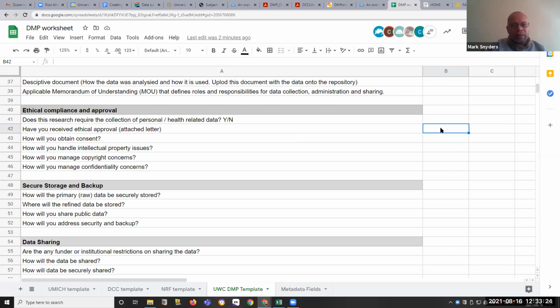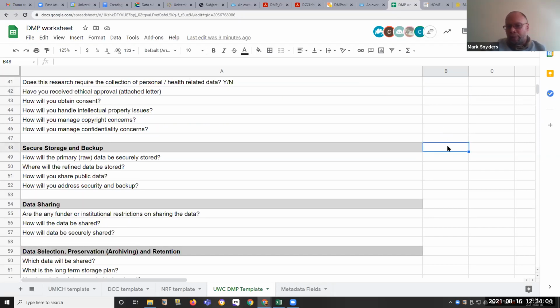Please bear in mind also that because I've created this document, as we move towards clarifying the best way to deal with the POPIA Act, in terms of how the university looks at and manages research data or recommends management of research data, parts of this document are going to change. So I may add, for example, a number of checkboxes so that we can make sure that whoever is using a DMP does check all of the correct boxes.